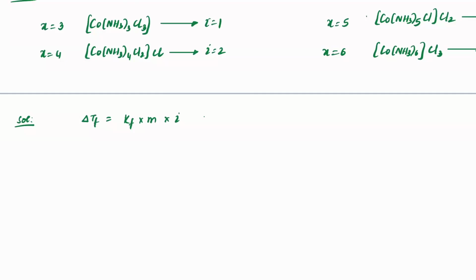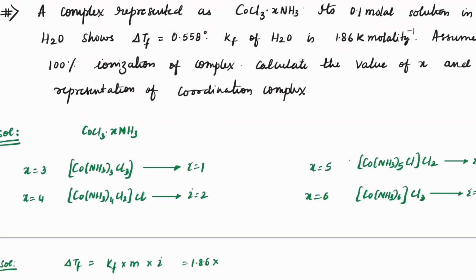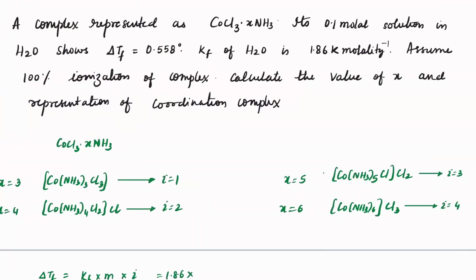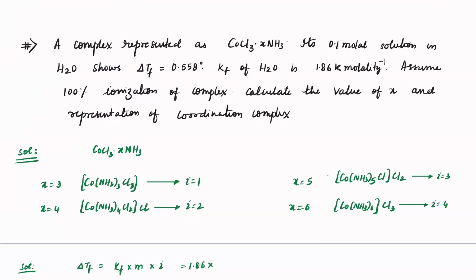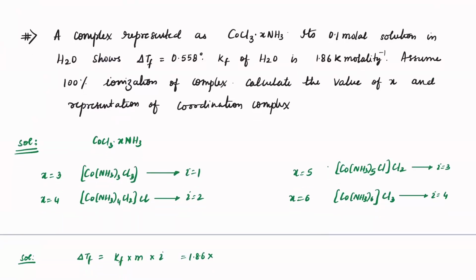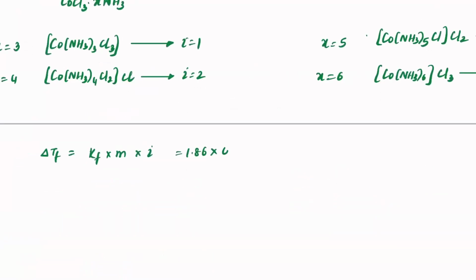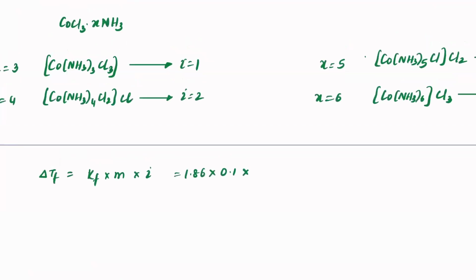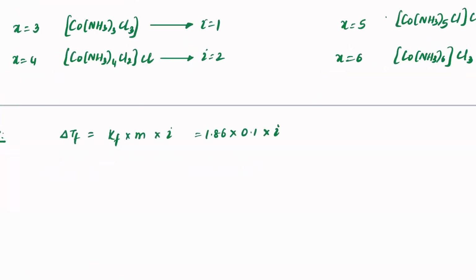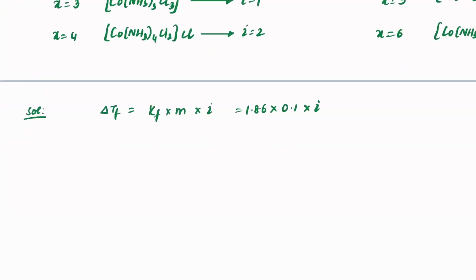Which is equal to 1.86 into molality, molality is 0.1, multiplied by the Van 't Hoff factor i. So in that case, what will be the Van 't Hoff factor i here? i will be equal to 0.558, which is given as delta T,